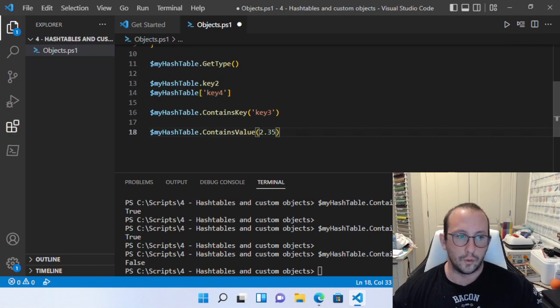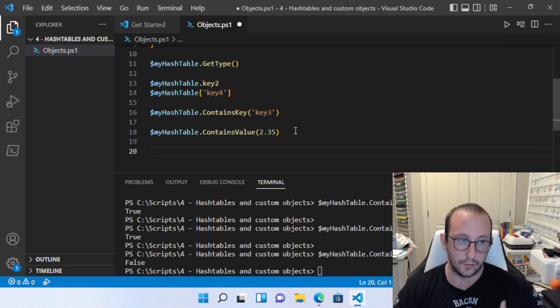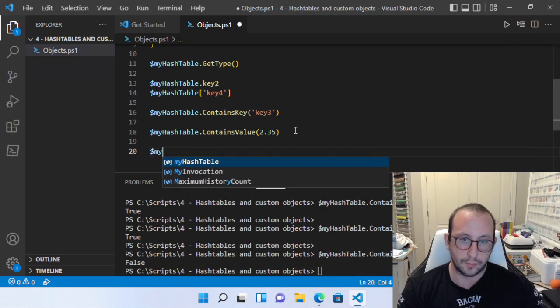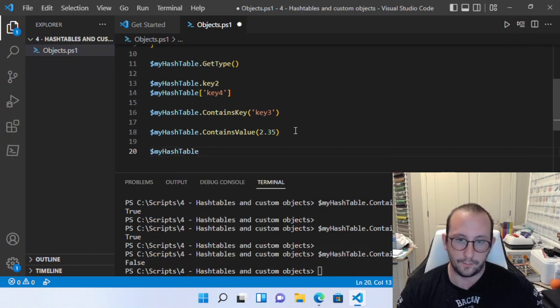We're just going through a couple of the last items here for hash tables. So we've seen how to check for a key, check for a value. We've also seen how to look up specific values in hash tables. Now let's see how to add values and how to remove values. There are quite a few ways that we can add values to a hash table. The first way, which is probably the most sensical way that we've seen in the past,